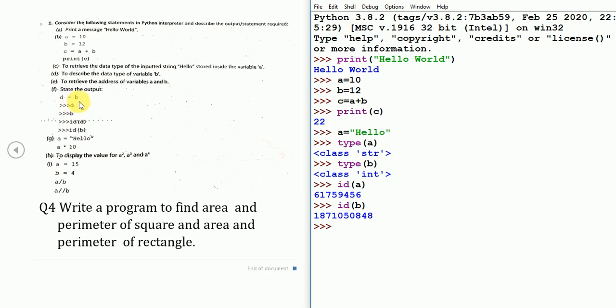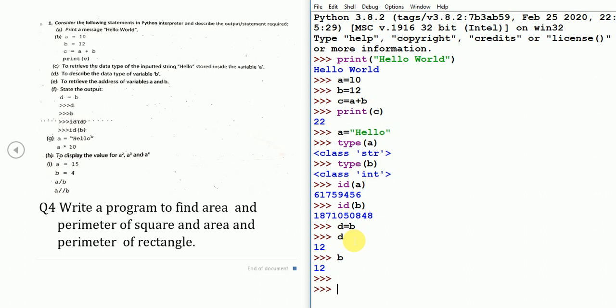d equals b. So here we'll write down a variable d. What is the meaning of this statement? Here it means that whatever is the value of b now will go in the variable d. The value of b was 12, so now the value of d also becomes 12. Now here it is written d, so the value of d becomes 12. Now we say b is also 12.